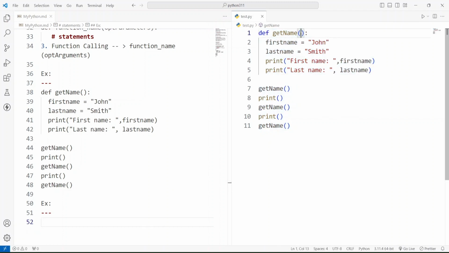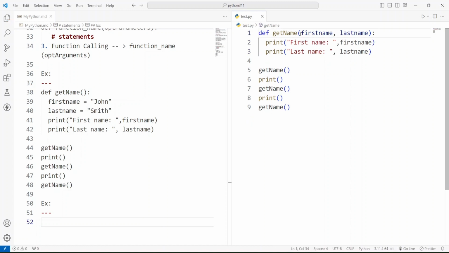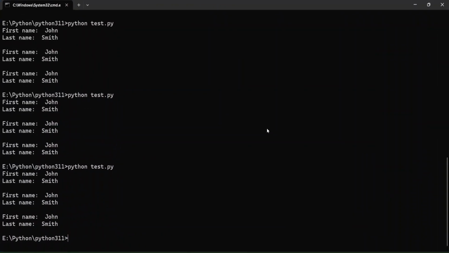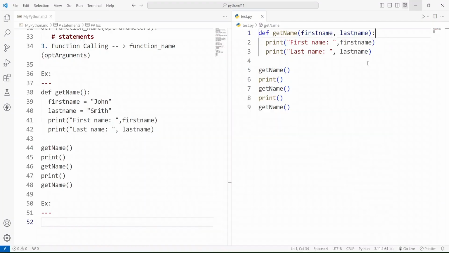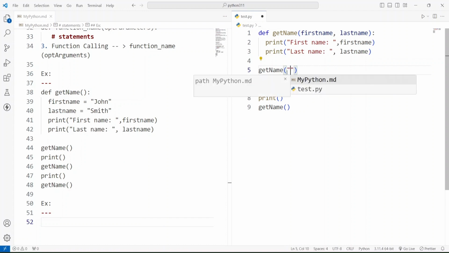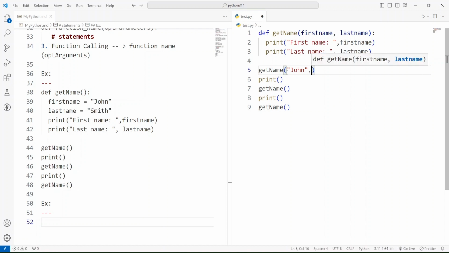Second example we will see, get name only, but we are going to pass the first name and last name. Instead of this, every time the same name, we are getting the output, see here. Every time we are getting John Smith, the same name. If we try to make it different in every function call, we call this with John and Smith,